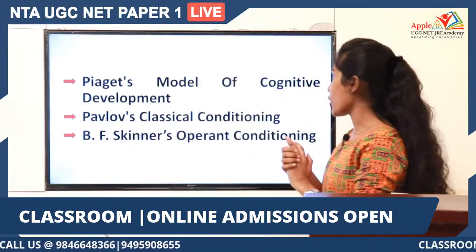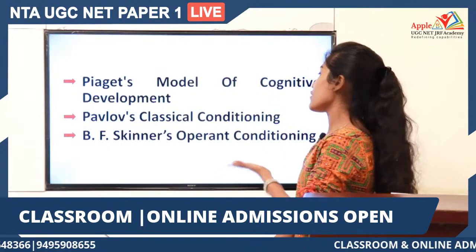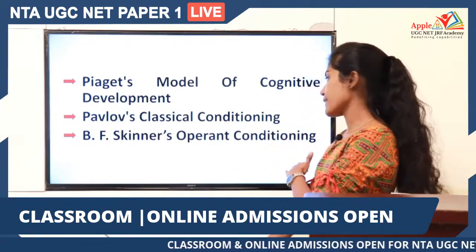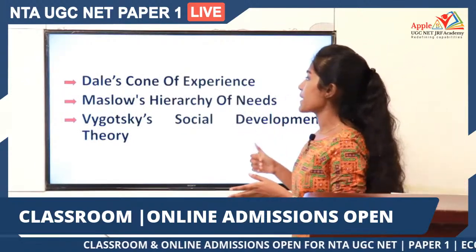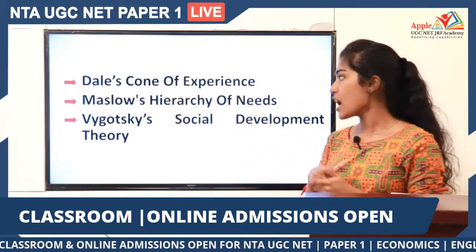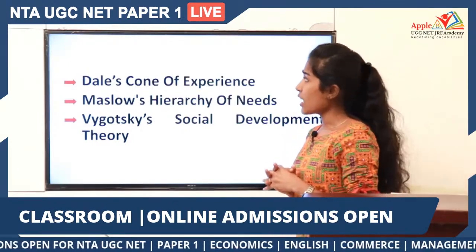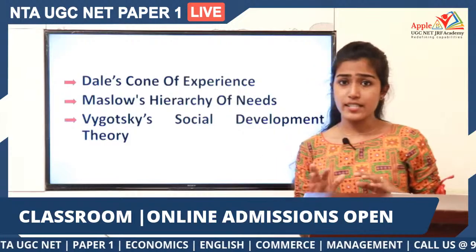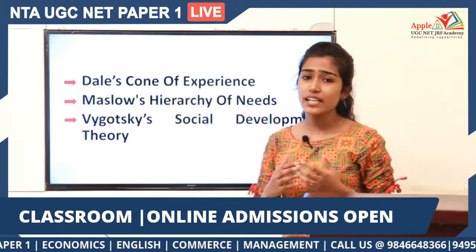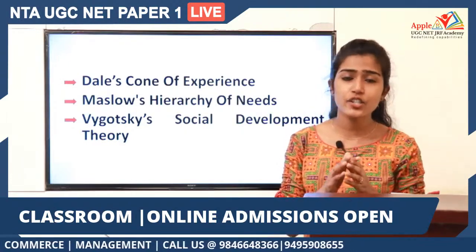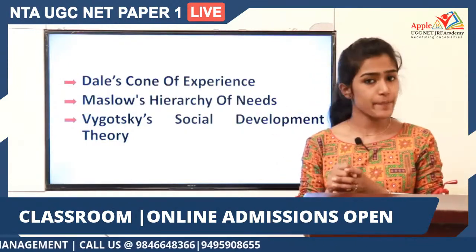You have Piaget's model of cognitive development, Pavlov's classical conditioning, then we have B.F. Skinner's operant conditioning, Dale's cone of experience, and Maslow's hierarchy of needs, Vygotsky's social development theory. So I would like to give you a sample question. If you don't know the theory, it is really hard for you to answer this question. But I am just showing you a sample question so that you can understand how we can expect a question